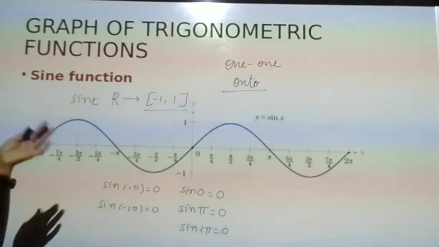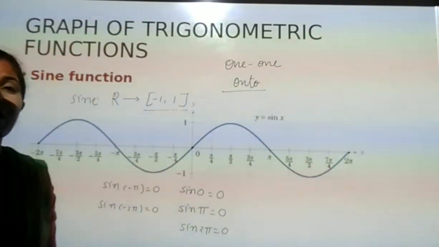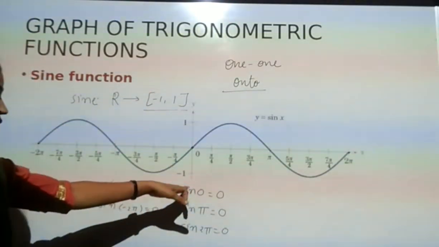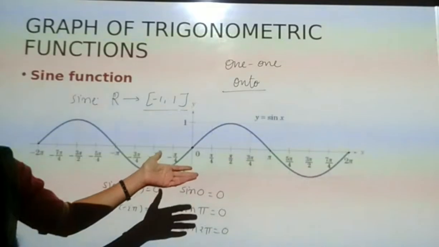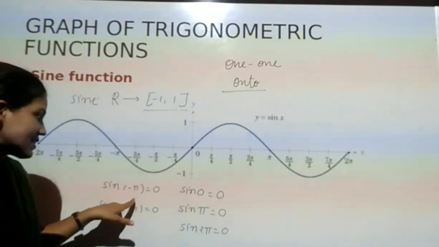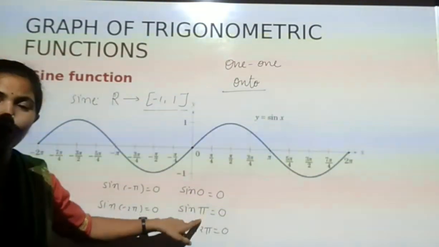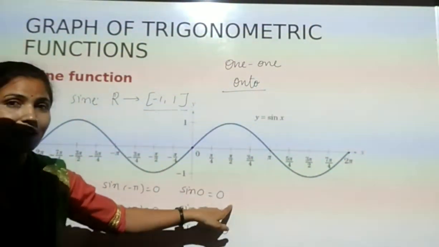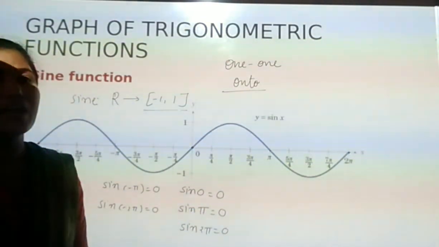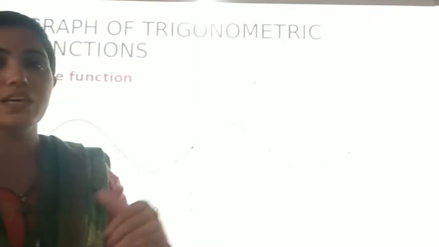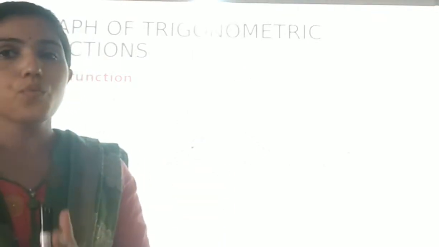Here you can see the zeros of the sine function, the n pi. These n pi are the zeros of sine. So at 0, pi, 2 pi, 3 pi, 4 pi you will get the value 0. So here you can see that there are many different points, that is 0, pi, 2 pi, 3 pi, 4 pi, 5 pi, for which you are getting the same value. That means different elements do not have different images, and therefore we can say the sine function is not one-one.